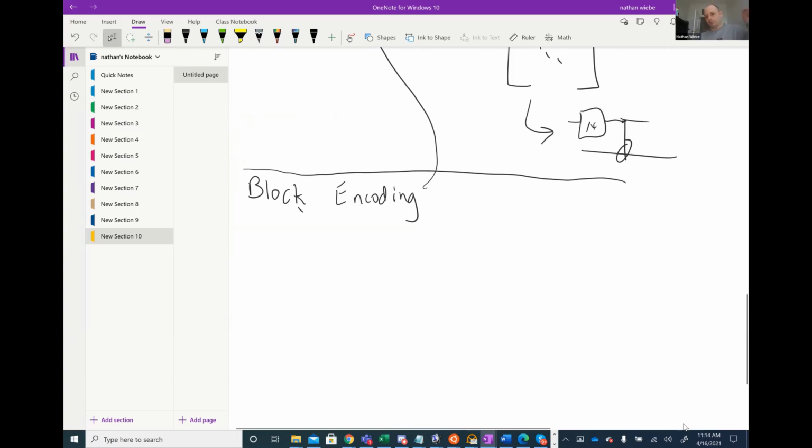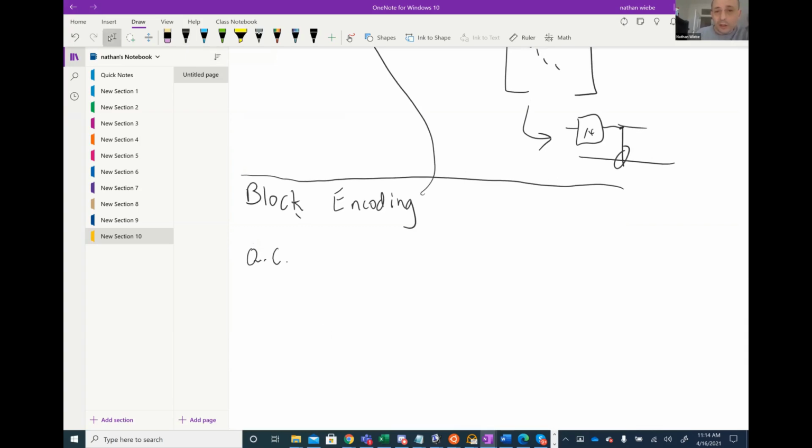All right, cool. So we've got this notion of a block encoding. So let me just explain it at a high level. Quantum computers, apart from measurement, can